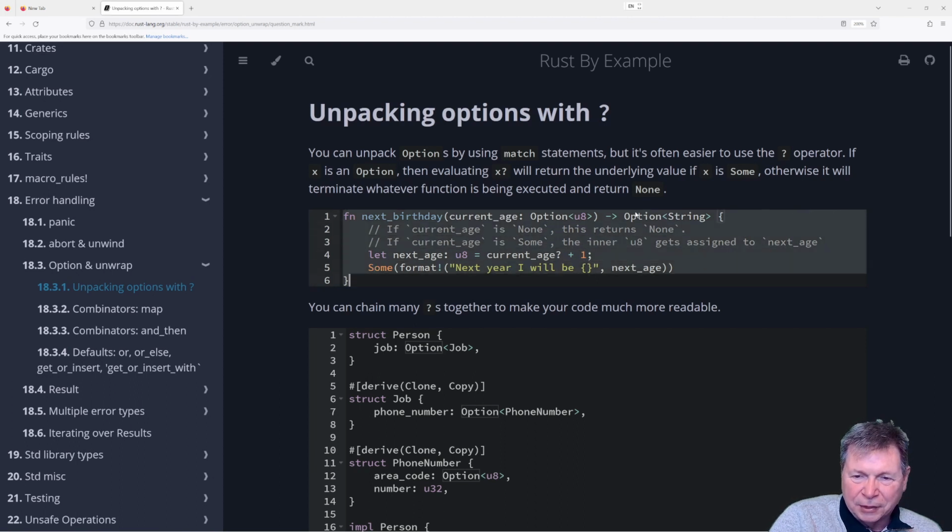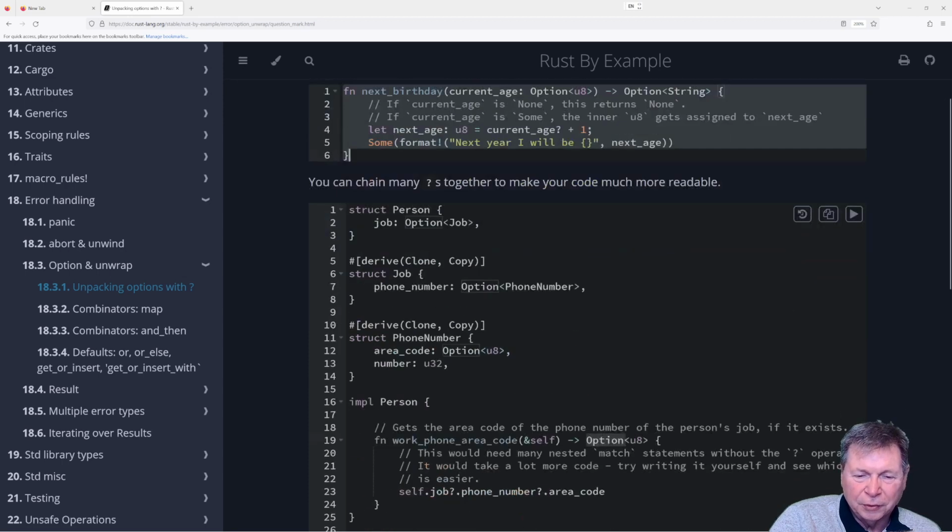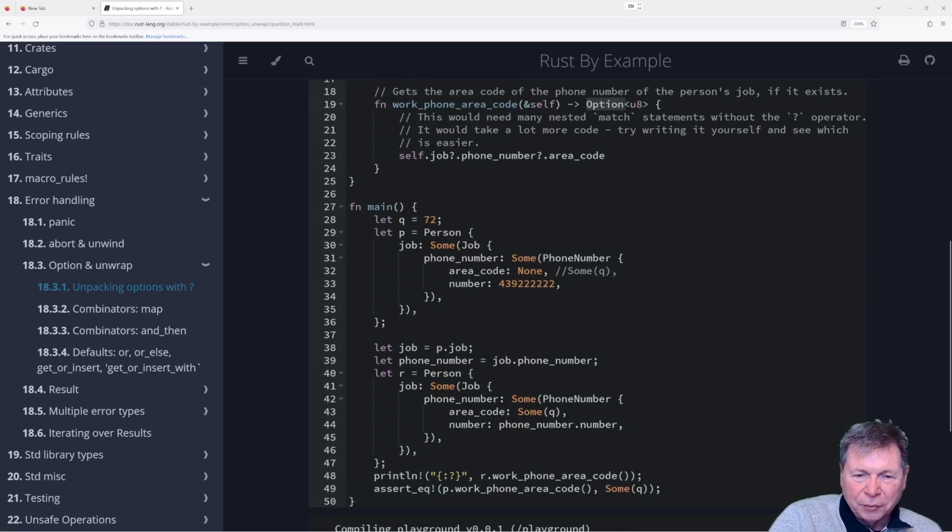To extract, to return an option, because what we want is a function that returns either the option some or the option none. And then we still can't use the question mark because of main, but then we can use the match to say, oh, well, if it's some, sure, let's move on. If it's none, okay, we're going to stop.